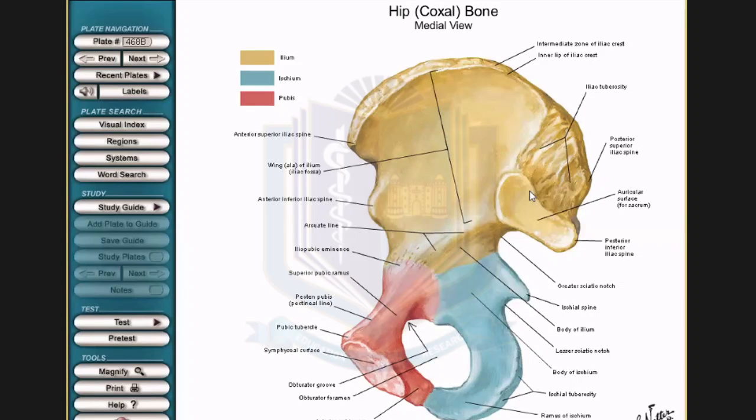Okay, the auricular surface is part of the sacropelvic surface. We call it sacropelvic because it is directed towards the pelvic cavity and the